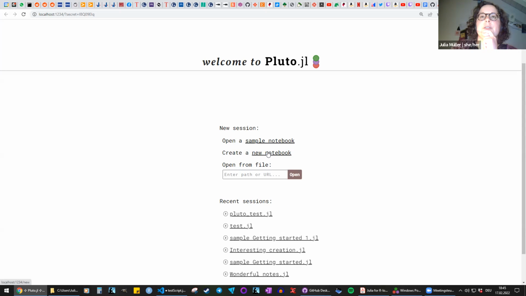But actually, we're going to just create a new notebook for now. So click on this. And again, it's going to take a little bit to open our new notebook, and then I'm going to show you how to work with it. And the reason why we've picked Pluto for this, so there are other alternatives. There's also Jupyter, but Pluto is all in Julia and also has a couple of other cool features, one of which I'm going to quickly show you today. But essentially, the idea here is that we can use a lot of text and a lot of explanations with some code, and it's just going to be a lot nicer to read than if we used VS Code. So that's why we're choosing that.